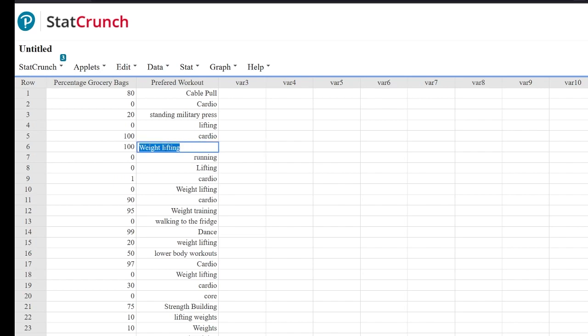Maybe we decide we want it all capitals. And then we can just like control, it's not letting me. We do control C. Then I can go through everywhere it says lifting. I can just do control V. So I can kind of quickly go through, okay, lifting, weightlifting, weight training, weightlifting,